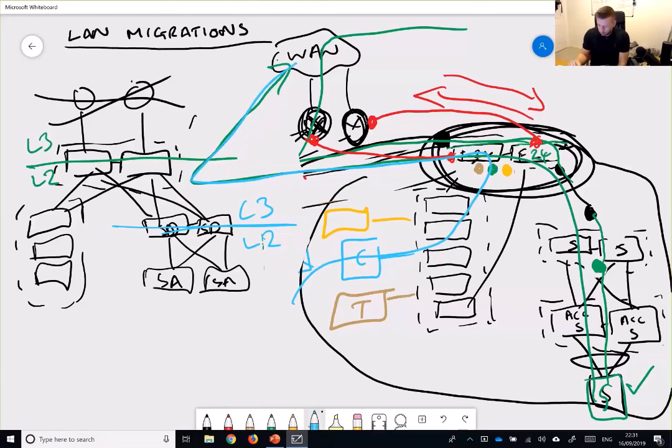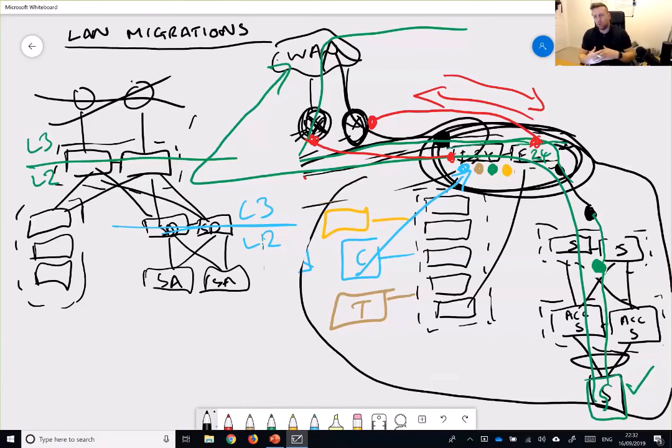But what you could potentially do is make the blue default gateway part of an HSRP or a VRRP group, and make it lower priority. So initially it goes back over here because you know it works, but when you've got all your clients migrated over to here, you can then say, make this my default gateway, and it goes there, and then from there it routes.